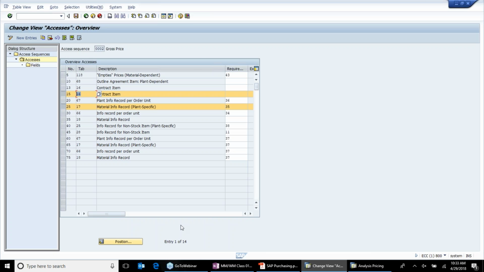And when I'm creating a purchase info record, it goes to table number 17, and from table number 17, it determines the record. These tables are the database tables. These are the tables where the condition record is maintained. Okay, so that is about what I wanted to talk about in pricing,